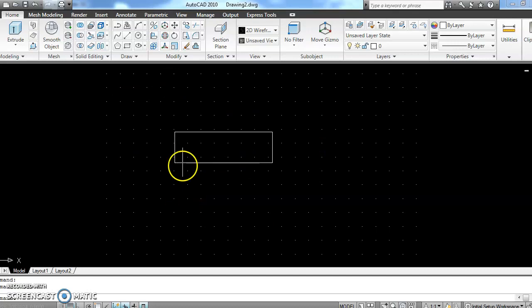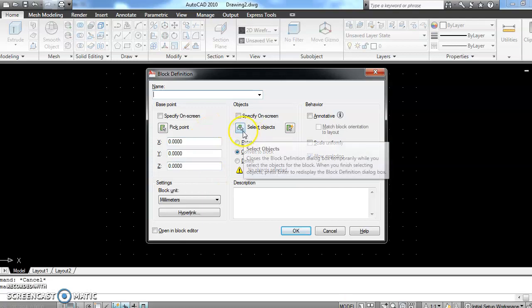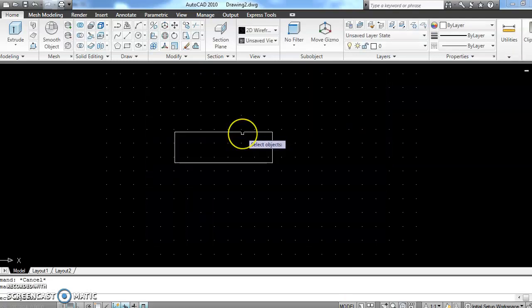Now, what I want is to get back the rectangle, entirely as one object itself. So in that case, how do I do that? Now I'll use the block command. Type block, the screen appears. It asks you to select the object. So now when I select the object, I have to select all the 4 lines of the rectangle.